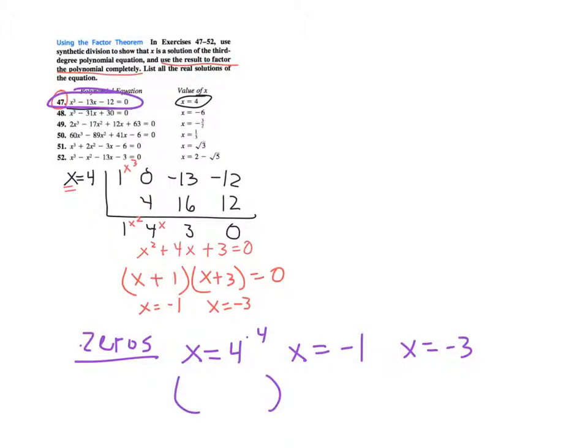If I subtract 4 from both sides, I'll have x minus 4 as a factor. So x minus 4 equals 0 gives me x equals 4. Similarly, take that 1 to the other side, I'd have x plus 1 as a factor, and x plus 3 as a factor. So that is the linear